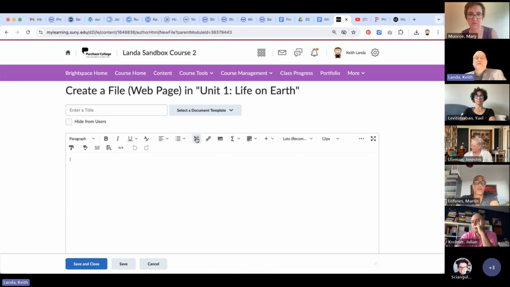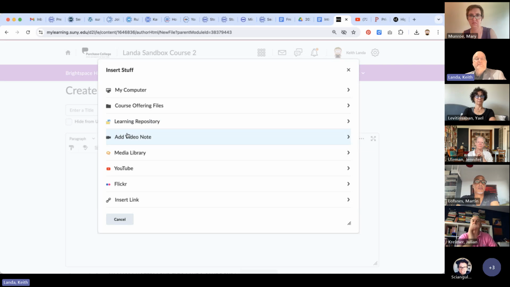And basically, wherever you are working with text in Brightspace, if you are adding comments on a student's assignment submission, or you are setting up a discussion forum prompt, wherever you've got the Brightspace editing toolbar, you can go here to insert stuff and add a video note. If you wanted to,